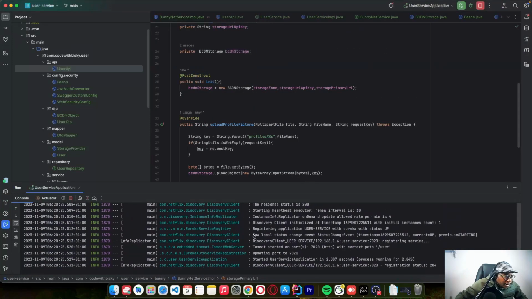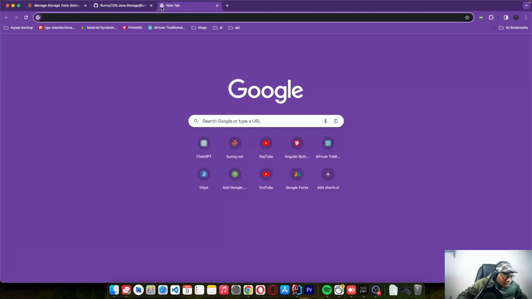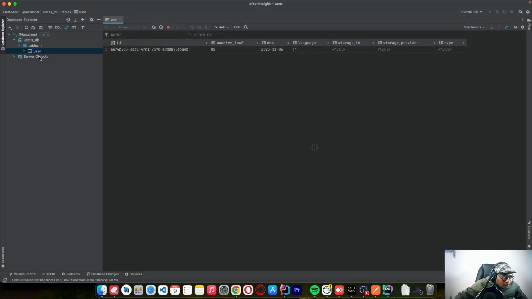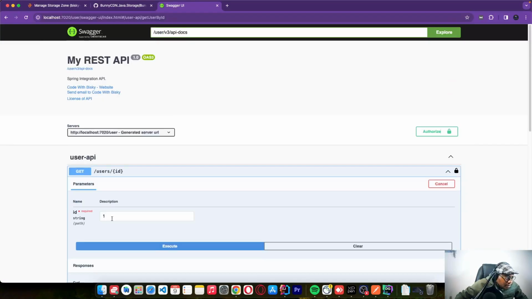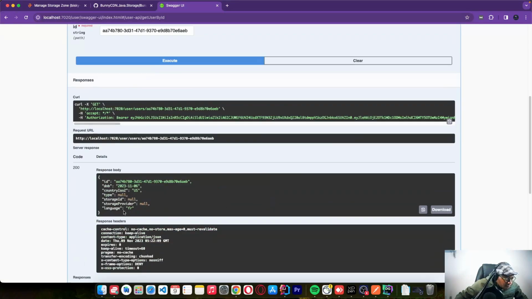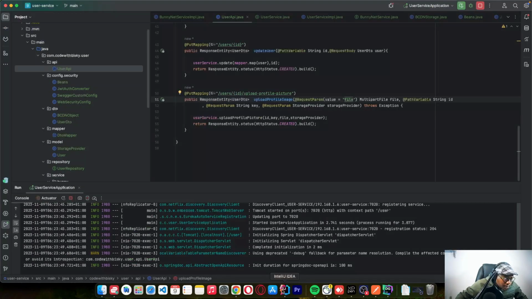So our application is now running on this port 7020, and it's a user. So let me go to here and say, so this is the user ID that we have. So let's get the user. Yeah, we have this user. As you can see right now, we are not seeing the browse file, the file that you want to upload. So I think we have to add this,